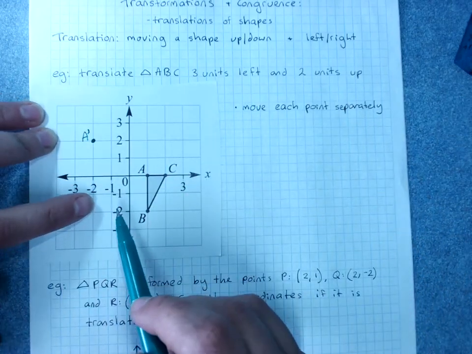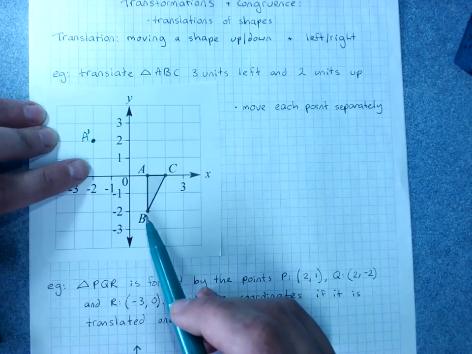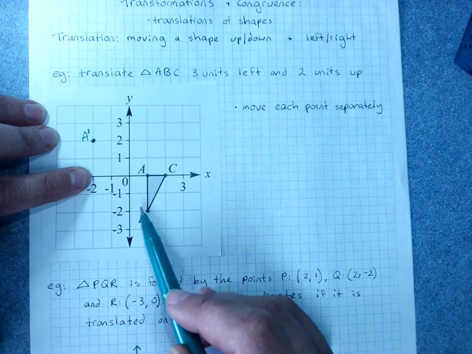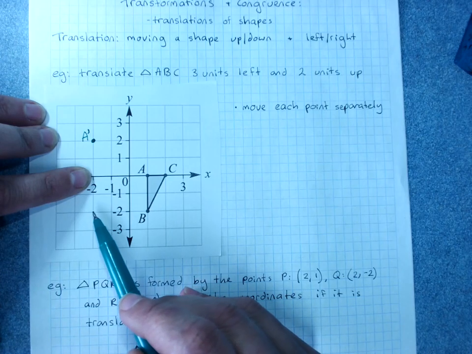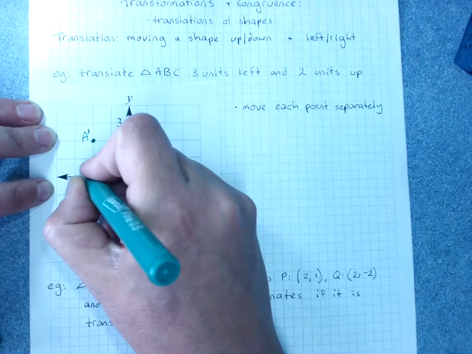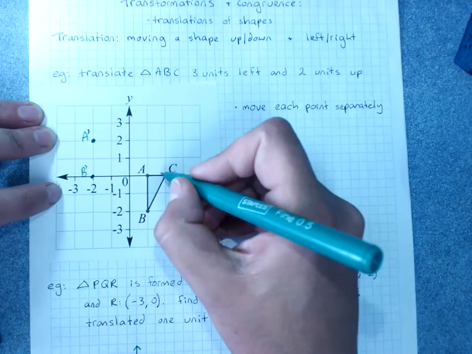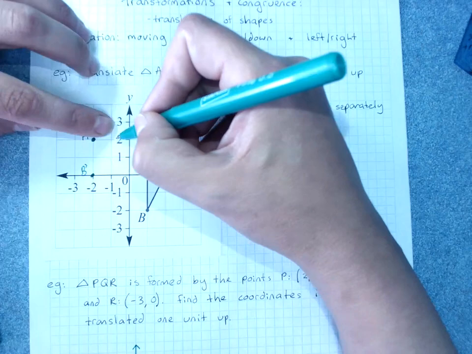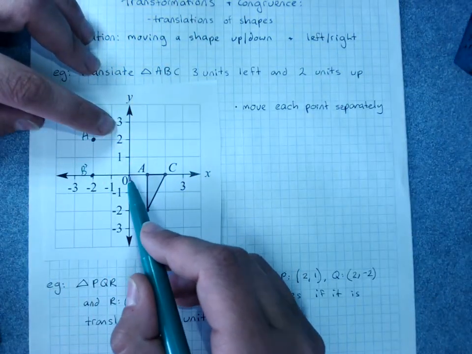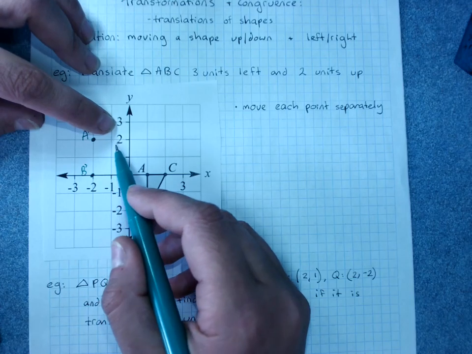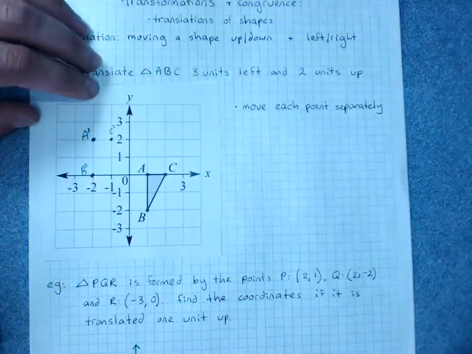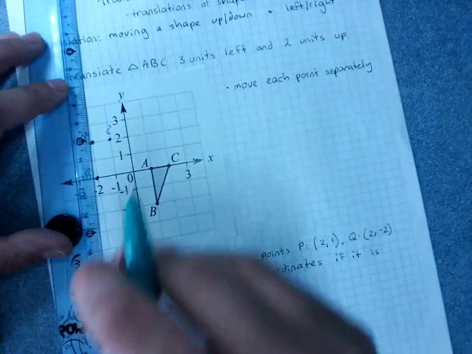So we can see B should be 2 points below A, so B should end up there. 3 units left, 1, 2, 3, 2 units up, 1, 2. There's changed B. And C should obviously end up here, 1 across from the A, but we'll check it. 1, 2, 3, 1, 2. There's changed C. And use your ruler